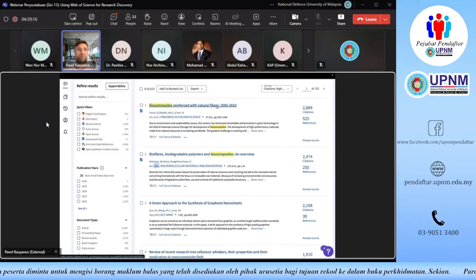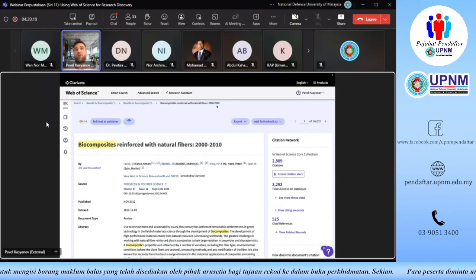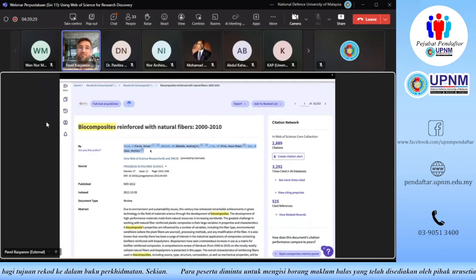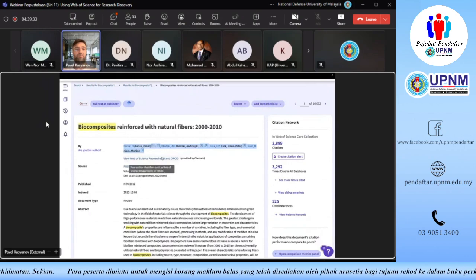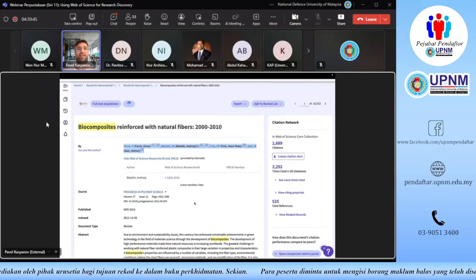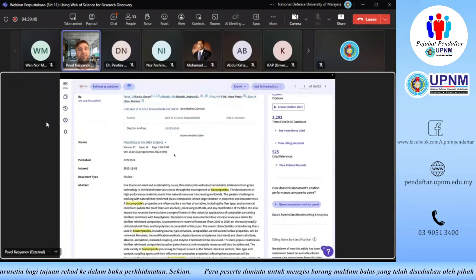So what exactly are we indexing for each of the documents? We're indexing their title, we're indexing their researcher names, and just in case researcher names can be ambiguous, so for example, there might be multiple people with the name Farouk Omar in the world, we're also indexing their researcher IDs or ORCIDs in case they provided them to the publisher. So those are going to be here. We have information about the source, where exactly this paper has been published.